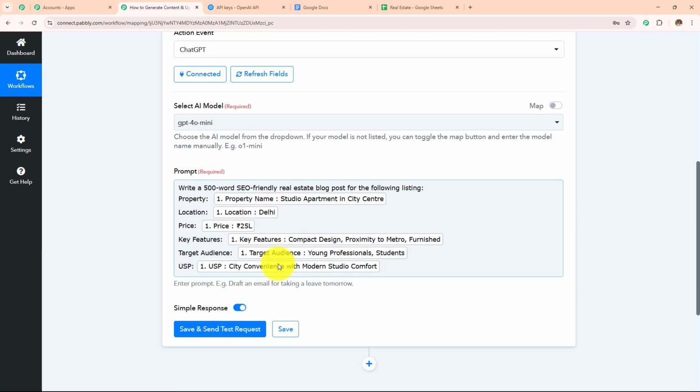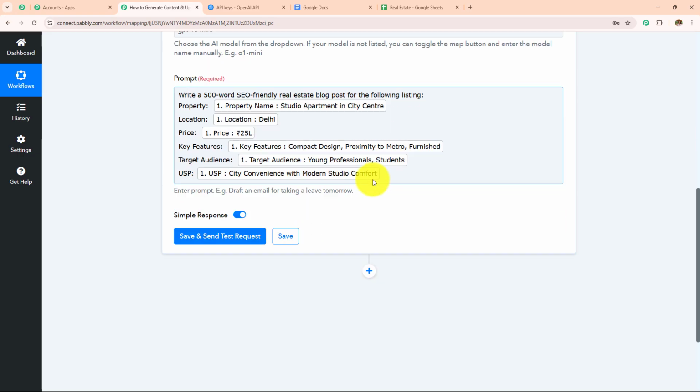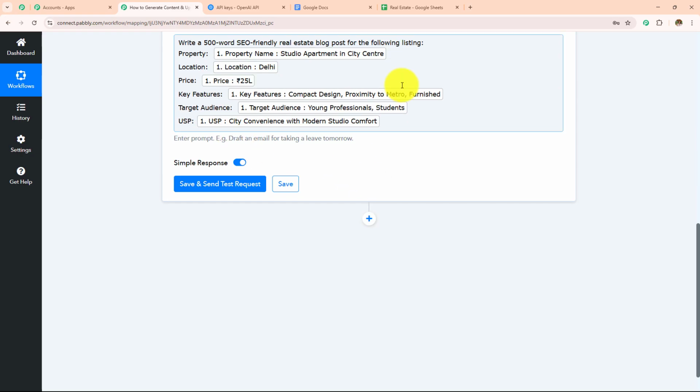Over here, mapping is important so that every time you receive a new response, it is taken into consideration in this field. Manually entering the data will make this field static, and the information will not change even if you have received a new response. Over here, if I manually enter any detail, this field will become static, and every time I receive a new response, the result will not change. So to keep this field dynamic, we use this process of mapping instead of manually entering the details.